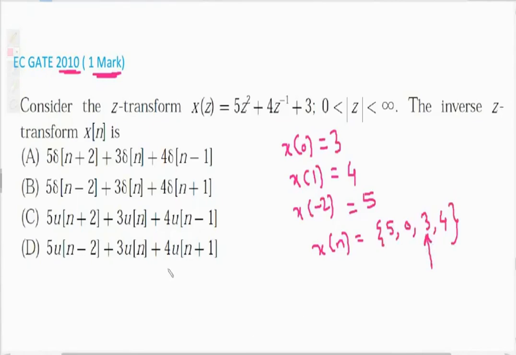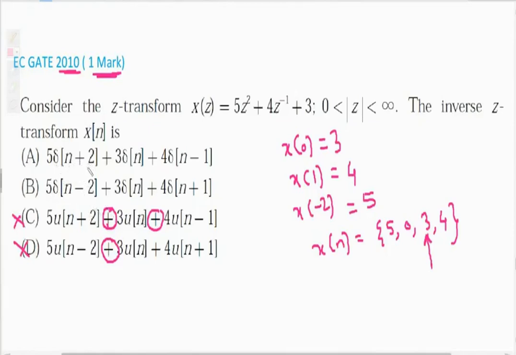Now, as you can see, in option C and option D, u of n is present, and in between we have a plus sign. Okay, so u of n is present from 0 to infinity, and as these are added, definitely in option C and option D, the sequence will be present up to infinity. Definitely option C and option D are not our answer. Now we are left with 2 options, so be careful while choosing the option. Don't rush at all. Try slowly, because this is a GATE question. So if you make a mistake, you will get some negative marks. So try slowly. What will be the correct answer?